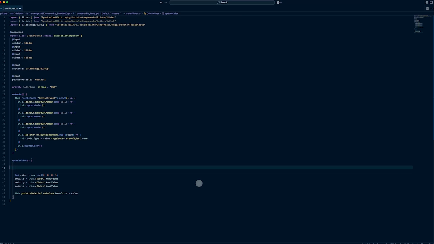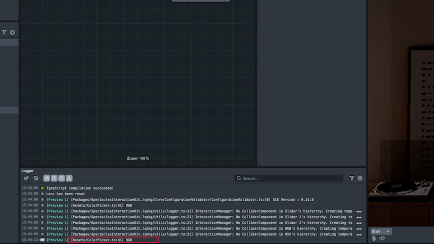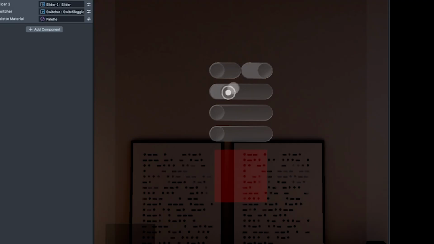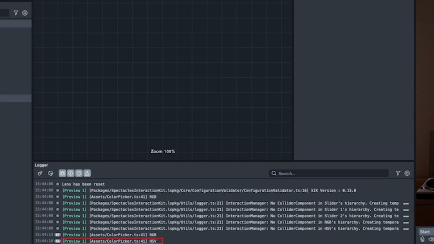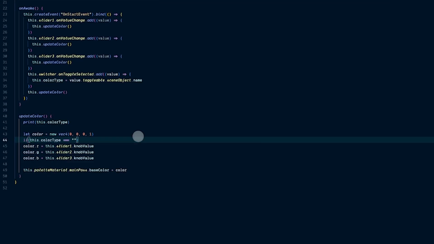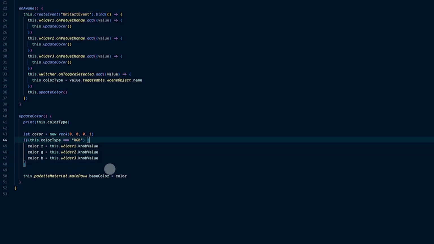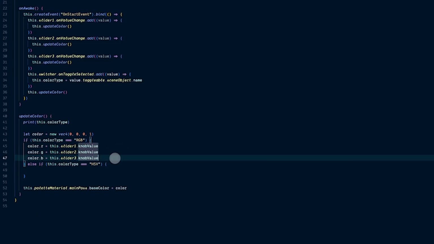So we can come down here, and when we update color, we can check out which color type we have. So I'm gonna drag this, and we should see that we're in RGB. And then I click this, and then we'll see that we're in HSV. So now, here, we're gonna add another way to create the color. So this one will be if color type equals RGB, we're gonna do this RGB calculation. Otherwise, if it's equal to HSV, we'll do a separate calculation